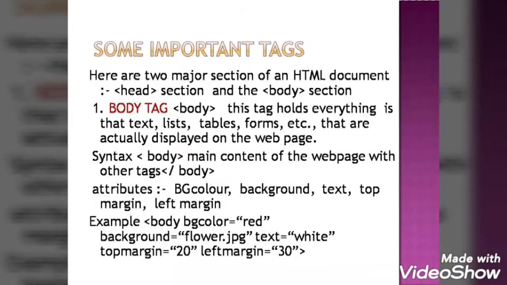Now I will tell you some of the important tags which we are using in HTML document. First one, here you can see body tag. Body is the content, whatever you are writing, no? After heading, it can be a text or list or tables, anything can be displayed under this. So how we use this tag? Let us see the syntax. We will put the heading bracket.